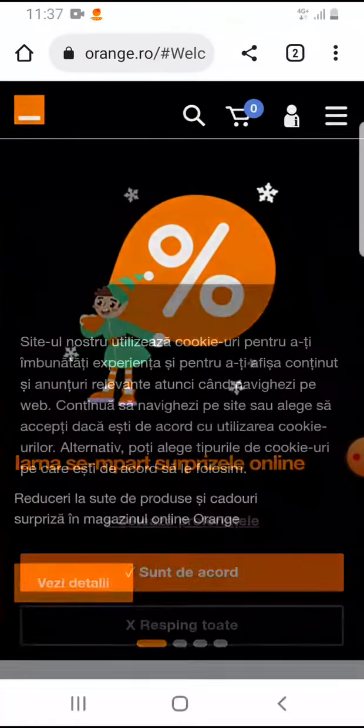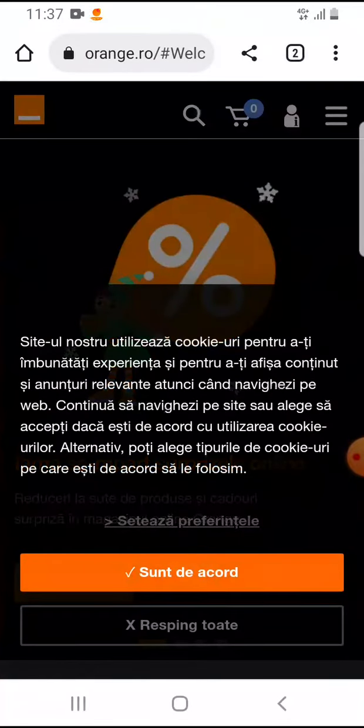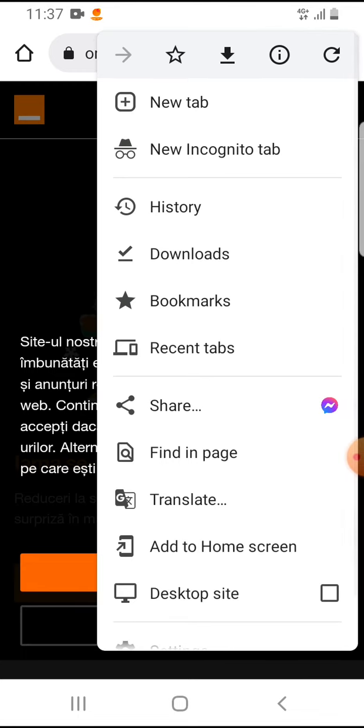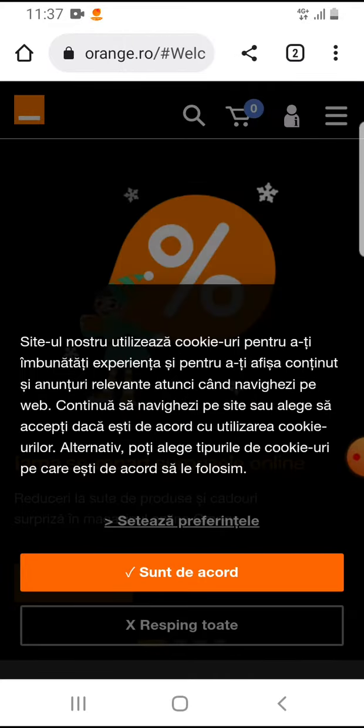So let's jump into it. Open the Google Chrome app. On the top right corner you can see these three dots, that's the menu icon, tap on it. Then the third option will be the history. Tap on the history,